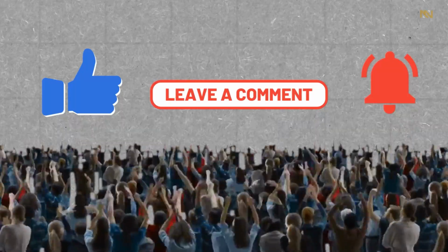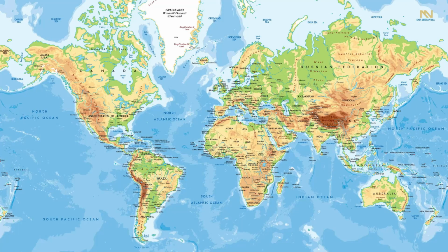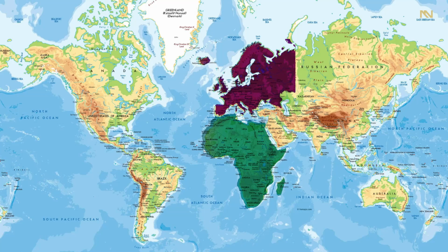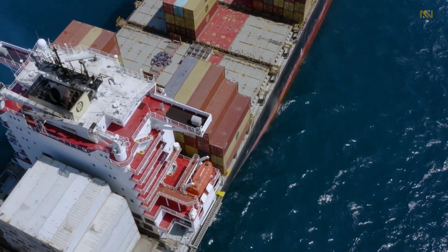Let us get back to our point. SWIFT ecosystem is used to transfer money between countries. Let us take an example. If a country from Africa wants to send money to a European country, it can't send directly because there is no price matching between the South African rand and the European euro or pound. So first, they convert their money into US dollar and send the money to the country's bank accounts in the United States. Then the United States government will set the rate for the euro or pound and send the money to European countries. As the US dollar is a global currency, they will accept this money. This is how international trade will happen in USD.